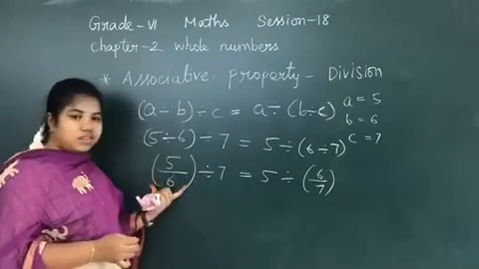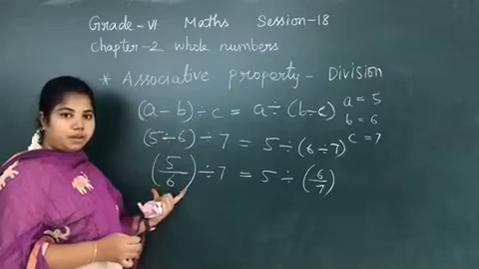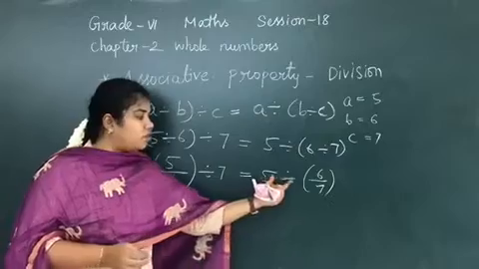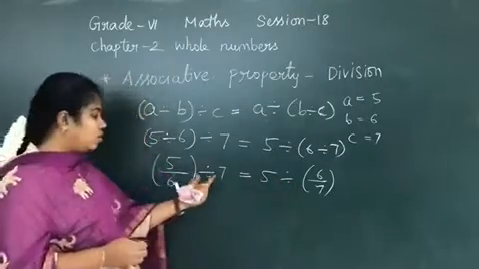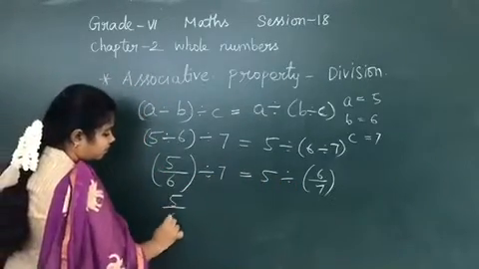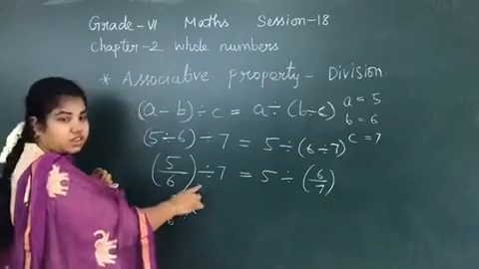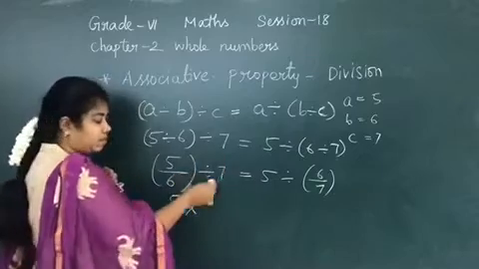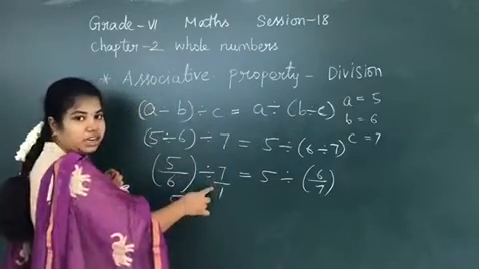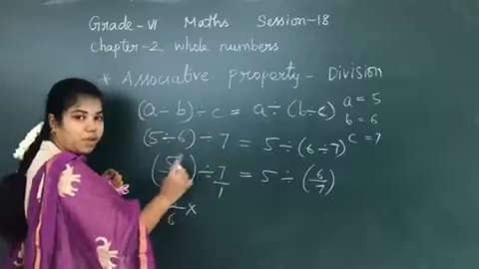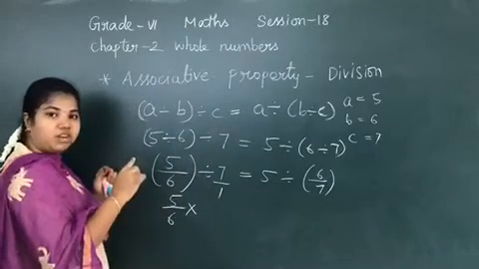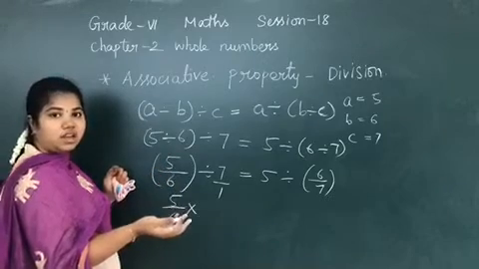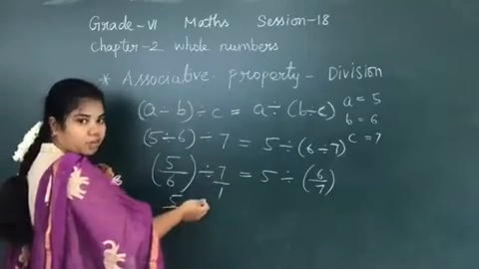Okay, now this is like a rational number. So from a rational number I have to divide another number, and here also I have to divide this number by this. So what I will do is 5 by 6 into, I am going to change this division as into, and this number I will write as 7 by 1 actually. 7 can be written as 7 by 1. 7 and 7 by 1 both are same. Like 7 and plus 7 are same, no? Even if we write plus for the positive numbers, it doesn't make any difference. The same way 7 and 7 by 1 are same.